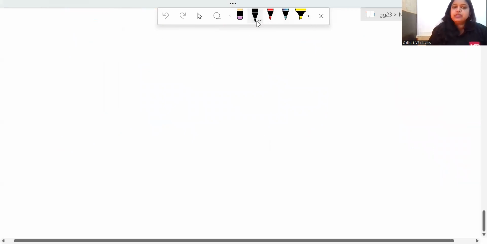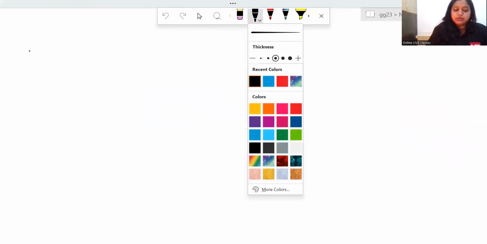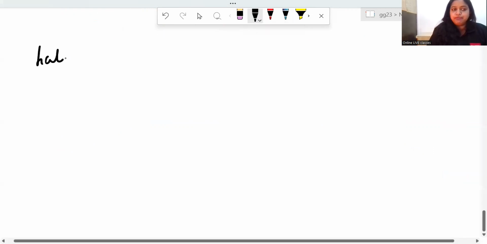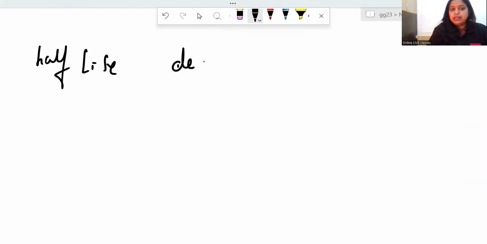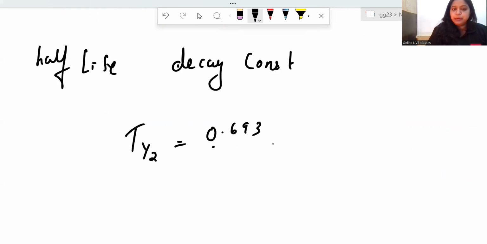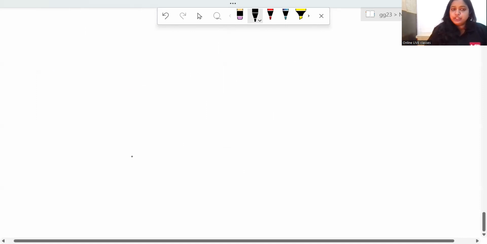Now there was another question from geochemistry. There was a question to calculate the half-life and decay constant. So we know the relationship between half-life and decay constant: half-life is equal to 0.693 divided by lambda. If you have used this equation to calculate the half-life and decay constant values, then the answer would be correct. Now there was another question from ore geology